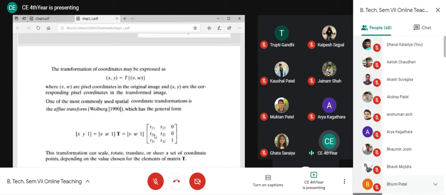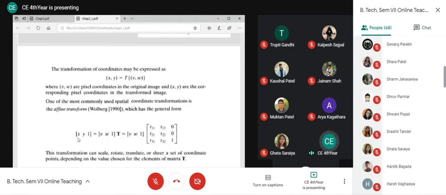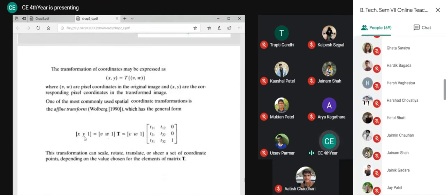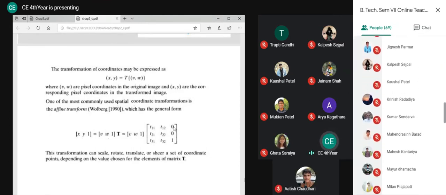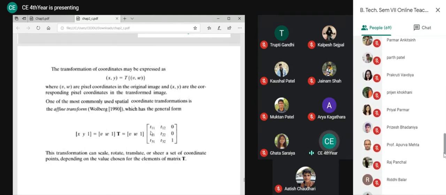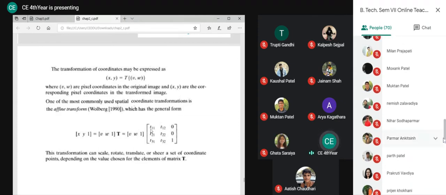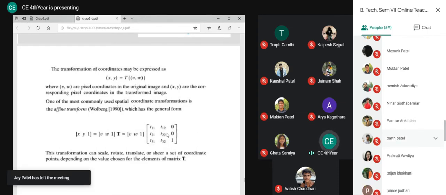So now I will do this matrix multiplication, and I know that the result will be 1 by 3. That means it will give me the value for x, the value for y, and 1 will always be equal to 1 because of this. These t values will be different for different operations. If I change these t values, it will give me scaling, shrinking, expansion, or rotation.